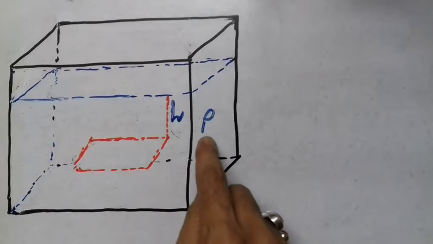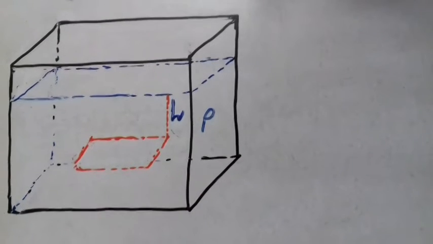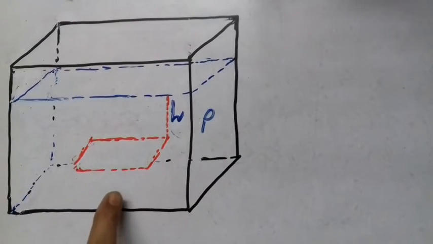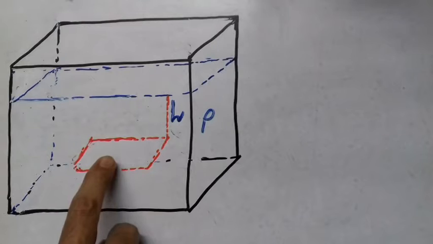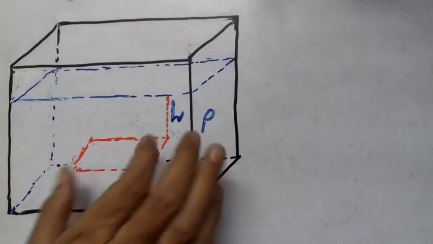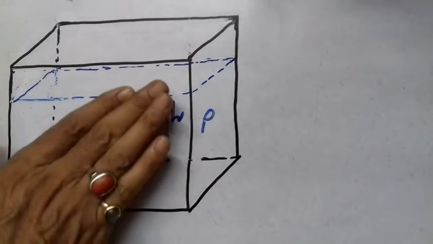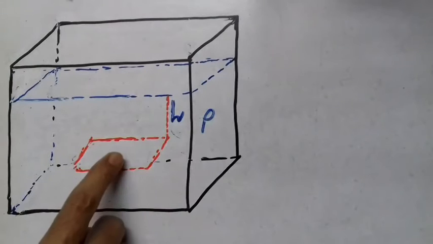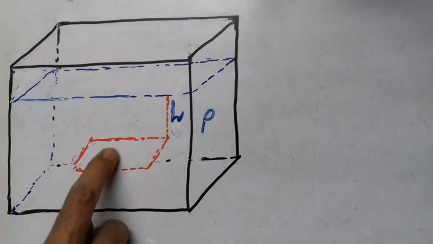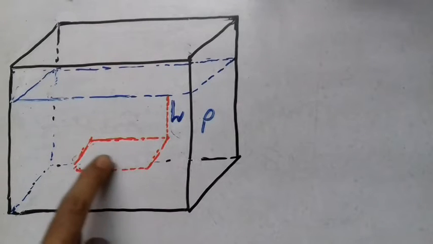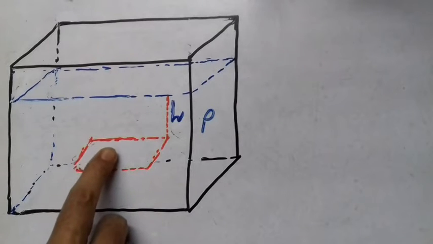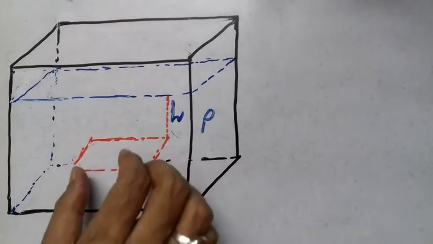The density of liquid is rho. Here liquid is water, as we have stated at the beginning of our discussion. So the water will exert pressure on this surface. Water above this surface will exert pressure, and pressure due to water on this surface will be due to its weight, meaning the weight of the liquid contained in this cuboidal column.